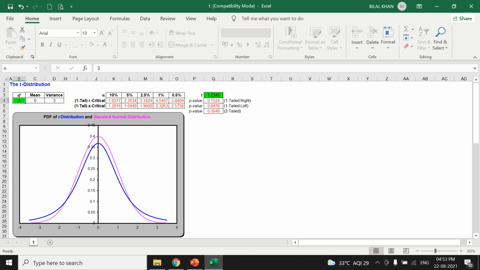And if you were to make a comparison between the t and the z, you can see, if we do it column wise, the t critical value for 10% is 1.6, while for z it is 1.28. Similarly, for 5%, 2.5 and 1.05. We can see that in all the cases the t value is more as compared to the z values. So when we are calculating the confidence intervals, we have a formula where we estimate the margin of error,